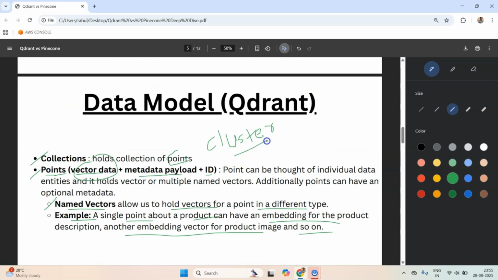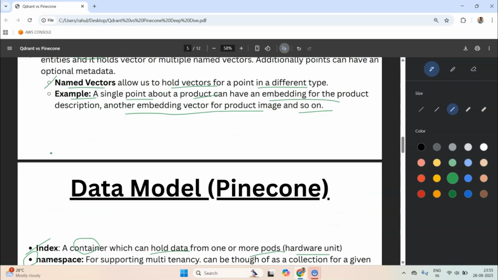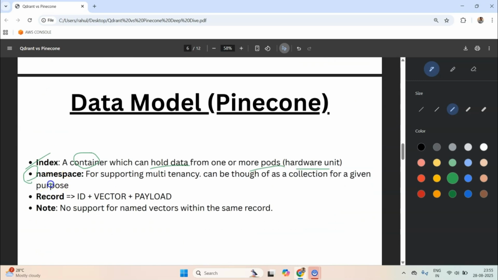Just like one cluster can have multiple collections for catering to different user bases. Similarly, namespaces allow you to support multi-tenancy, which is essentially a concept whereby you cater to different sets of users. For example, if you have product data, you can have two different sets of audiences, and you can keep vectors for one kind of product in one namespace, and another kind of product in another namespace. Now each namespace has multiple records, and each record has ID, vector, and payload.